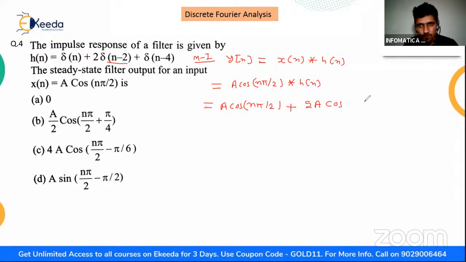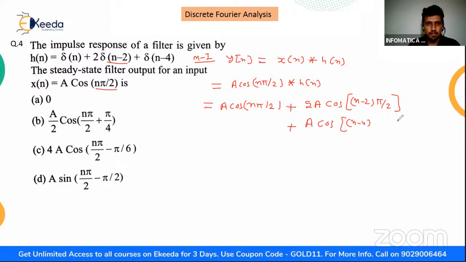Okay, so I'm just replacing n by n minus 2, multiplied by pi by 2. This is our basic signal. Here I'm replacing n by n minus 2. And the third is cos n will be replaced by n minus 4, multiplied by pi by 2. Okay, so on solving, what you will get